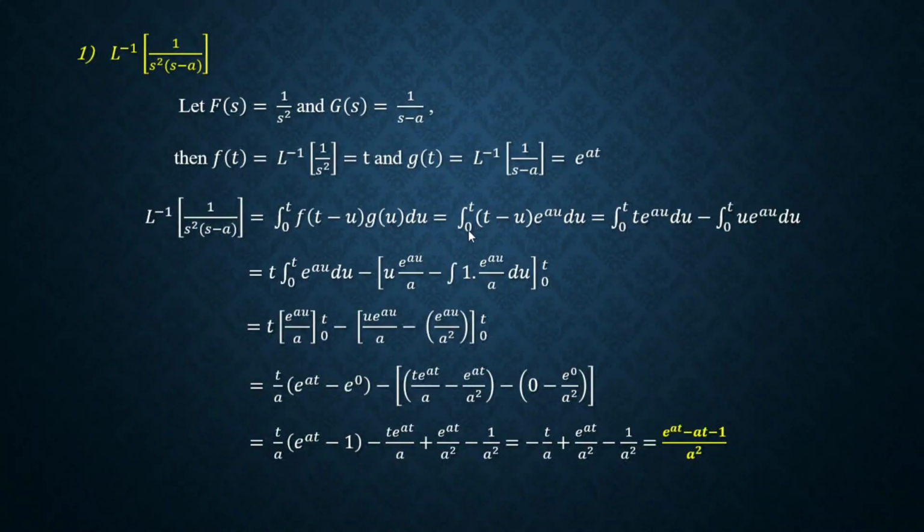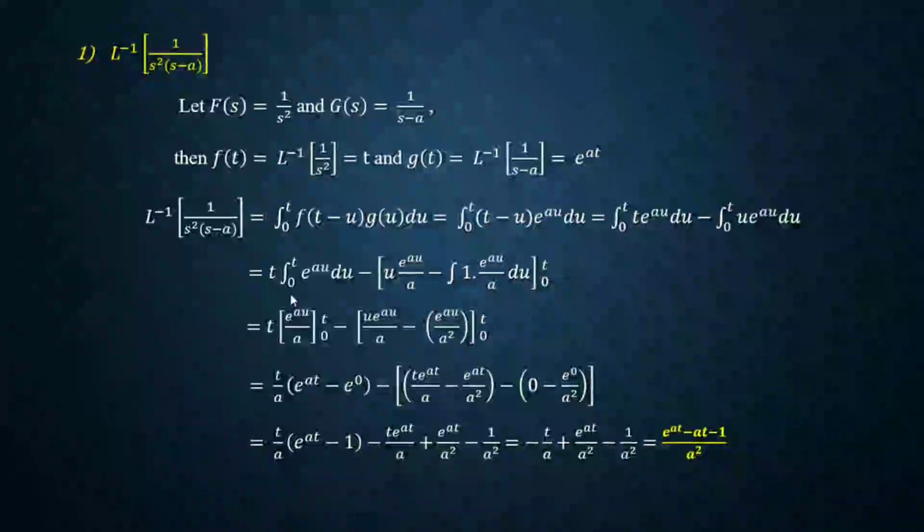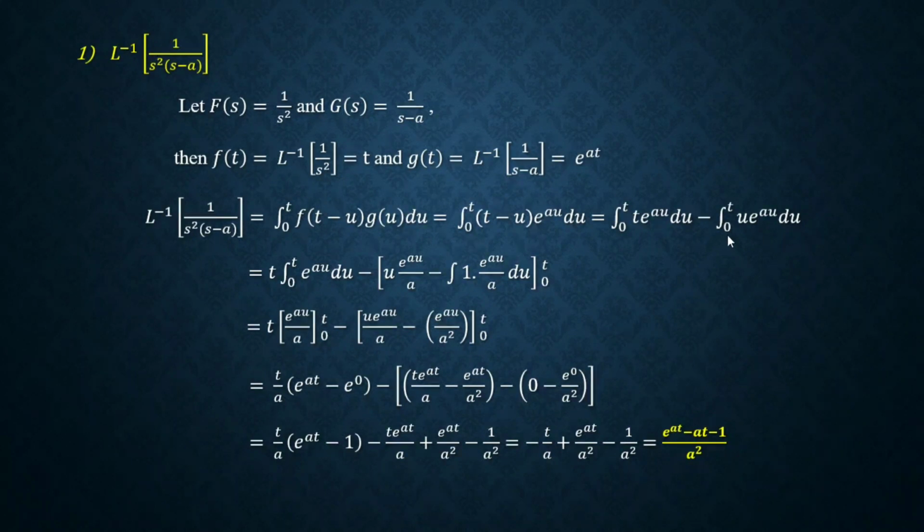So integral 0 to t (t minus u) e raised to au du. Now we can split and write it as integral 0 to t t e raised to au du minus integral 0 to t u e raised to au du. Now this integration is with respect to the variable u. So t is constant here. We can take this outside. So t integral 0 to t e raised to au du minus here this integral 0 to t u e